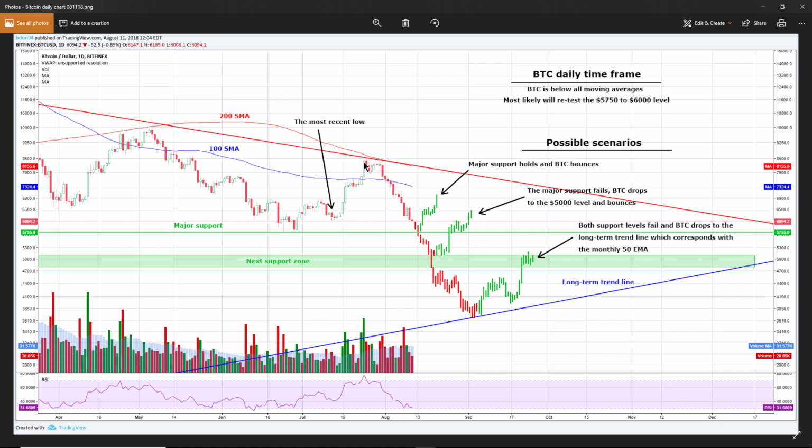Pretty nice bounce. It got up to about $8,500. You can see here this red line curving down is the daily 200 SMA, and I was hoping to see it pop above there, but it couldn't. It failed. It tried a couple times and failed, and then we've got this pretty decent drop that we just went through,